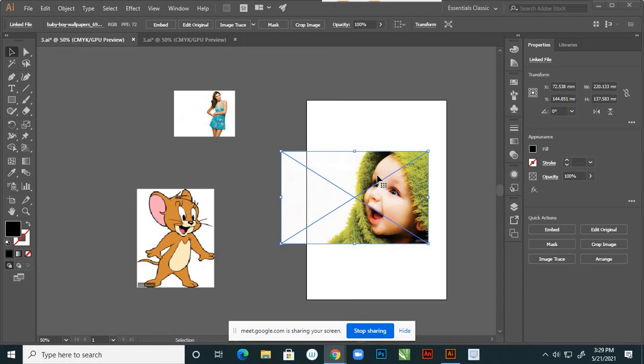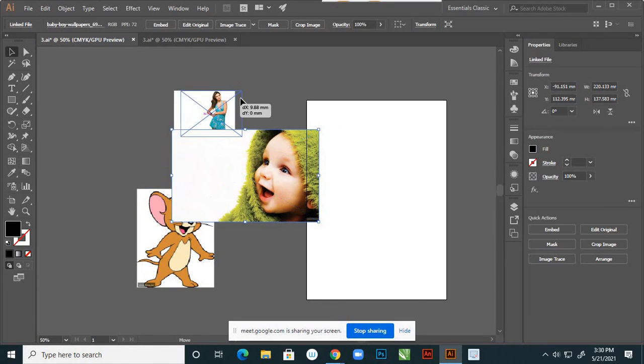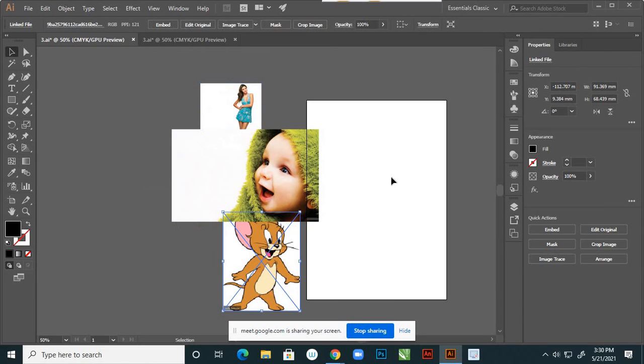So this is a kind of tracing system, automatically giving that tracing effect. But really if you want to trace any artwork or any logo, we do it manually, right? So manually with the pen tool we do that. And the other one is, suppose see, I'm using here